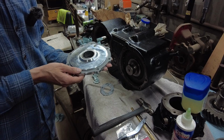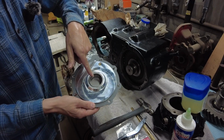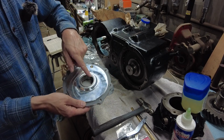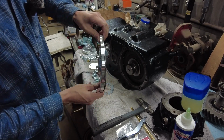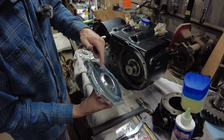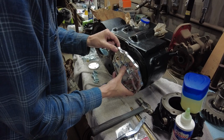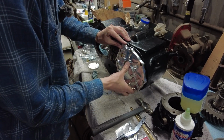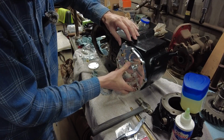So the cover goes on next. The only problem is, well, if you got to put a new bearing in there on your cover, or put your roller bearings in there, that's what you got to do. But this cover came with a new bearing already ready to go. I just put some assembly lube in there so it ain't dry. And then you are lining up this bearing with that shaft. So you get it on the shaft there, and then you're going to probably have to raise it up a little bit to get it to go up on the